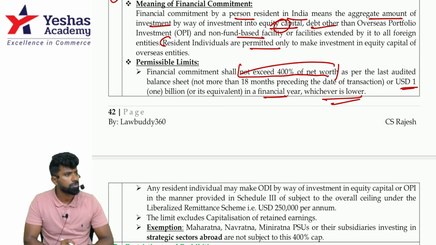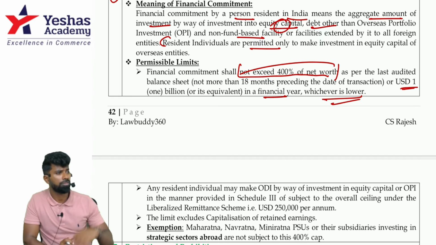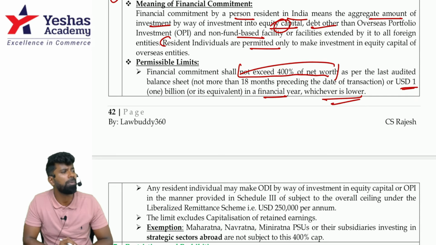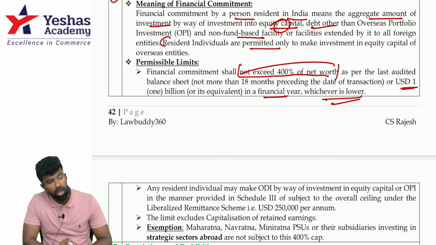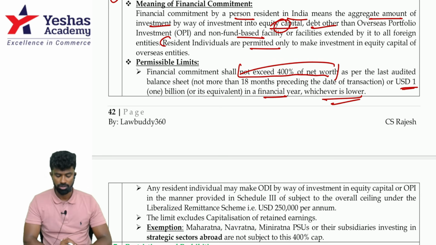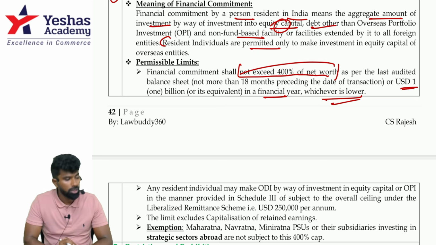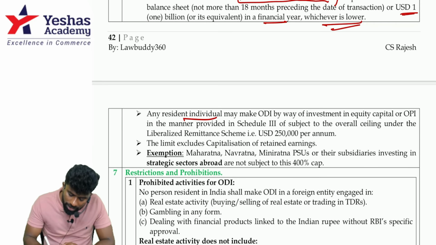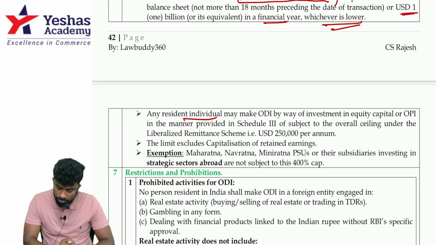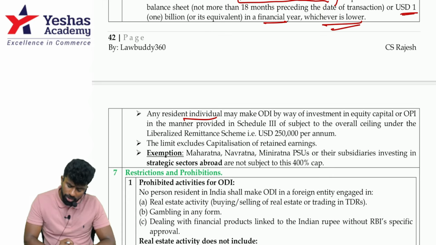If I am a company, I want to make investment in the foreign entities through ODI. What is the maximum financial commitment I can give? 400% of my net worth or 1 billion US dollar in a financial year, whichever is lower. Any resident individual may make an ODI by way of investment in equity capital or OPI in the manner